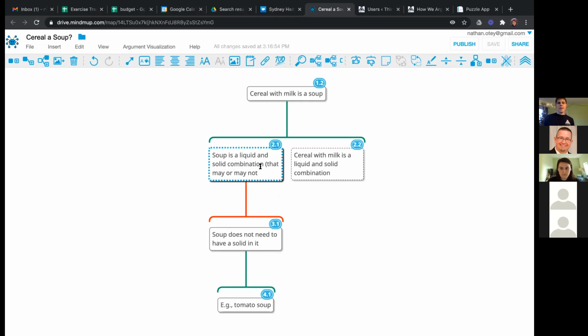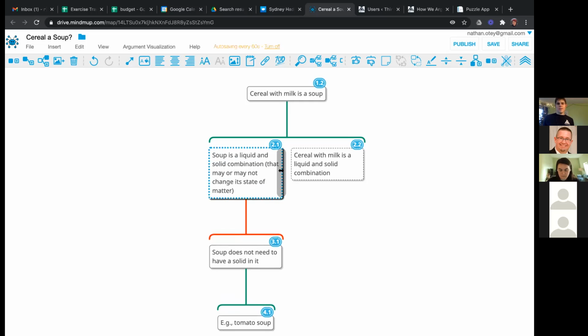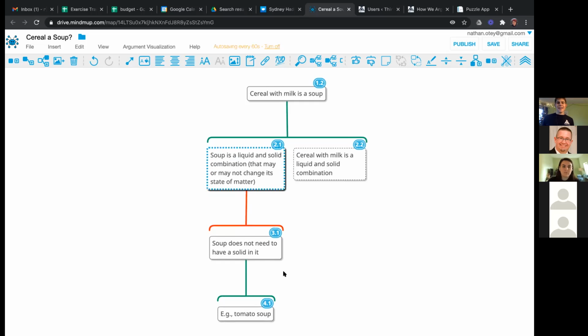How about, what if I say is a liquid and at least one time solid combination, maybe like that? Okay. Well, how did you put it? You said that may or may not change its state of matter? Yeah. Because Joe will probably figure out some kind of gas that is emitted from some of these things. So I don't know if I've ever had a gaseous soup.